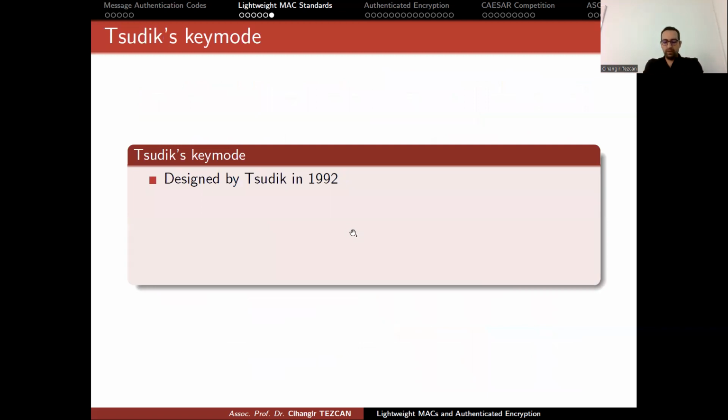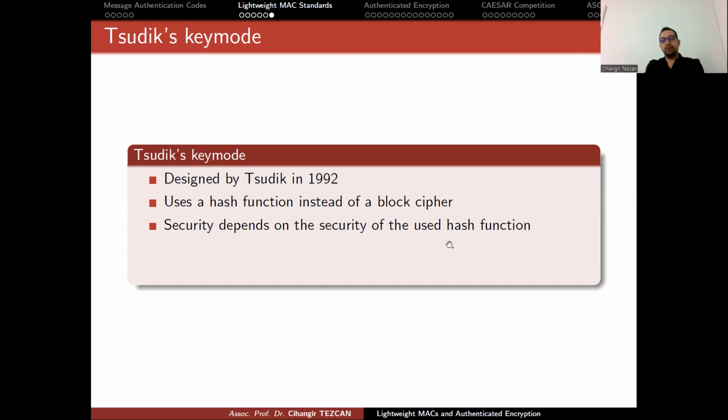I said that the third one uses Tsudik's keymode. This is the third ISO standard. As you can see, this is a very old algorithm developed in 1992. If you download the PDF of the paper, you will realize that it belongs to a different age. It uses a hash function instead of a block cipher. And the idea is very simple. Security depends on the security of the used hash function. So if you use a good hash function, in other words, a hash function that provides cryptographic properties like preimage resistance, second preimage resistance, and collision resistance,